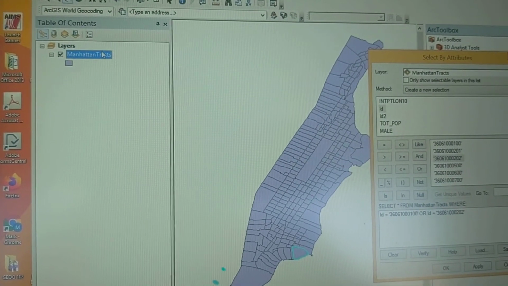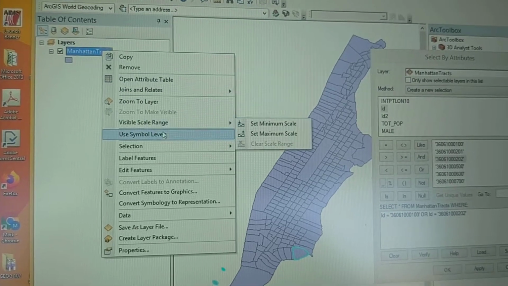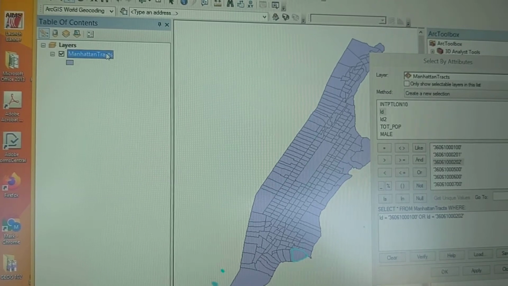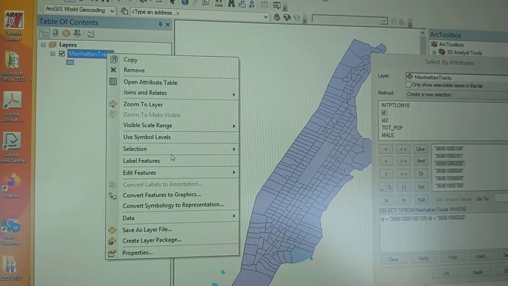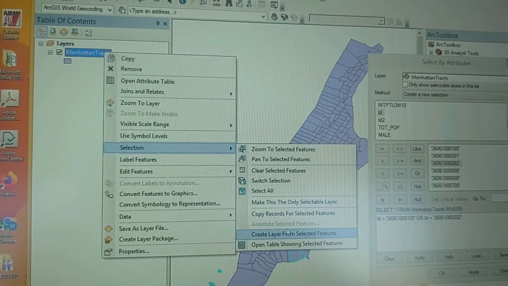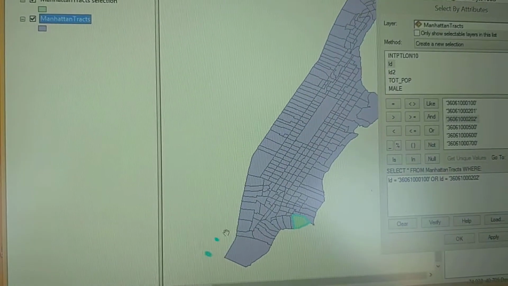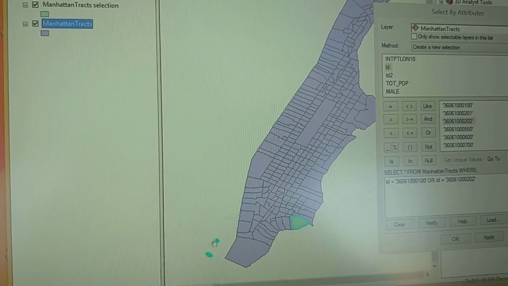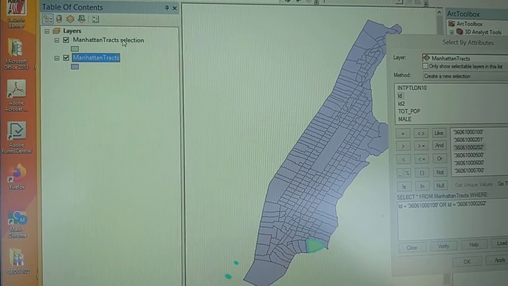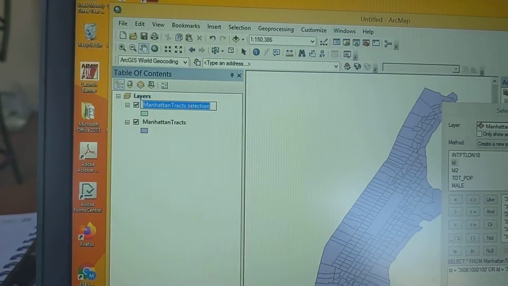You then need to go here. You have to right-click it. And you have to go to selection, okay? So let me show you that again. You have to go here, right-click it, and go to selection, okay? Then you need to go here to create layer from selected features. See how it creates those two now? Okay? See that? So what that does is I would suggest making it a label so you know what it is. I'm going to change it to, you know,